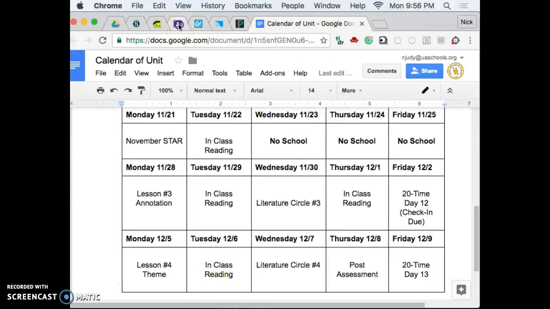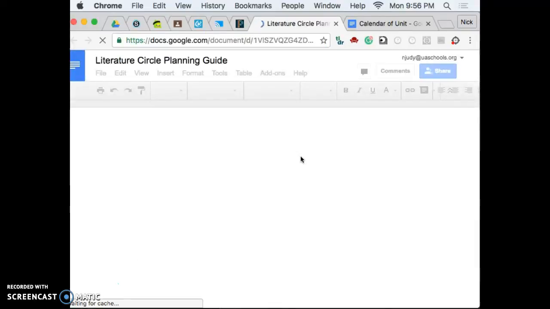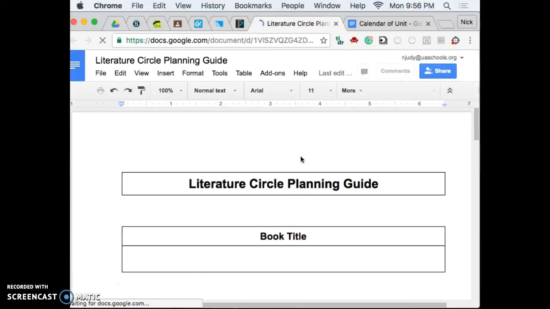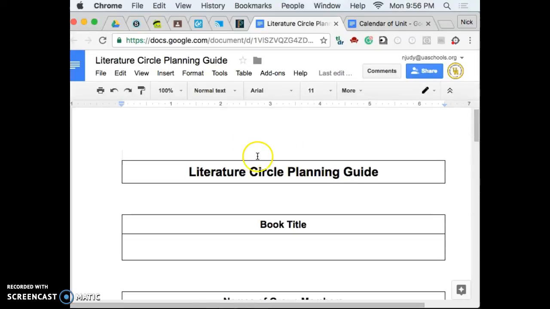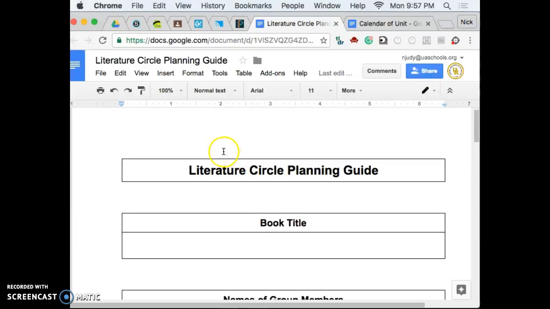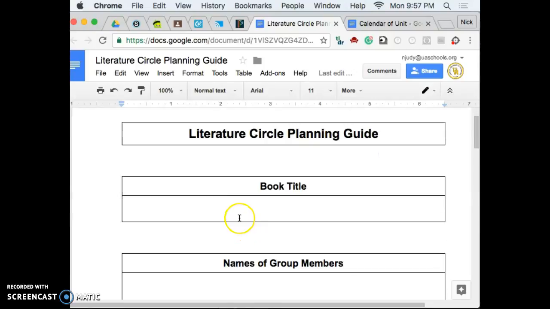So today, your group is going to take the Literature Circle Planning Guide. This is what needs to be completed today. I will come by and approve things tomorrow, and if we need to have a little bit more time on it, we can. So you're going to come in and open this up, and each person in your group can do this so that you all know what you're doing. I don't want just one person doing all of the work. I want everybody to do this. You'll write in your book title.